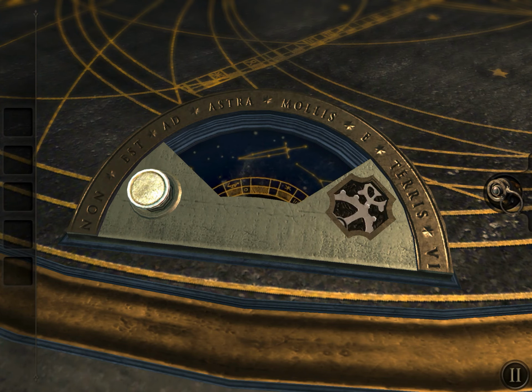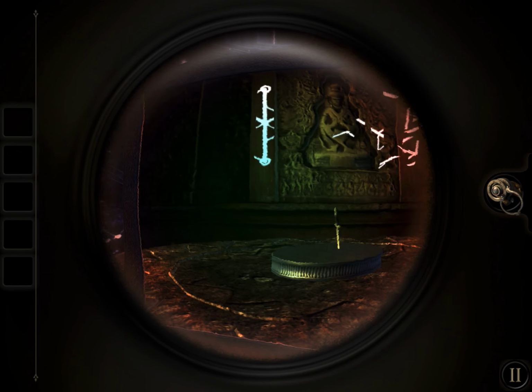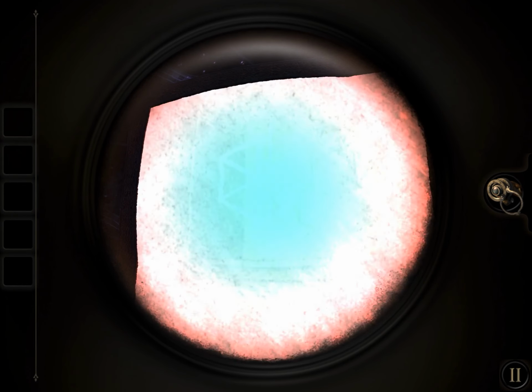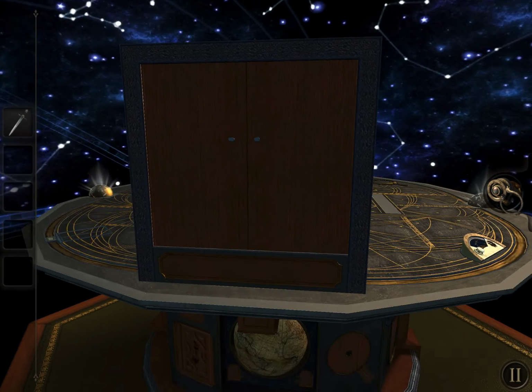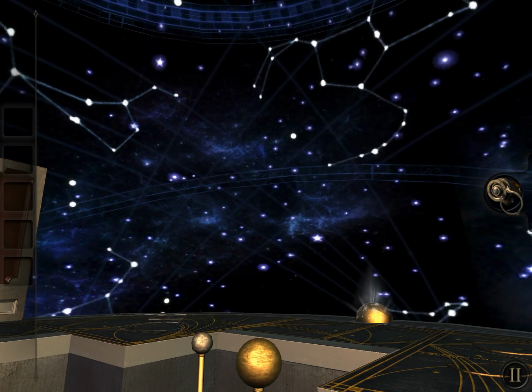Use the eyepiece. And from here, it's our favourite. Rotate the lines to make a null element symbol. There we are. Be a dagger, which you place dead center of the table in that hole there, which sends the tabletop away and replaces it with,